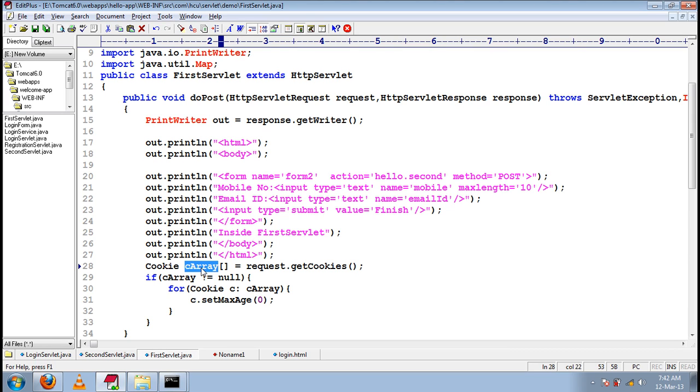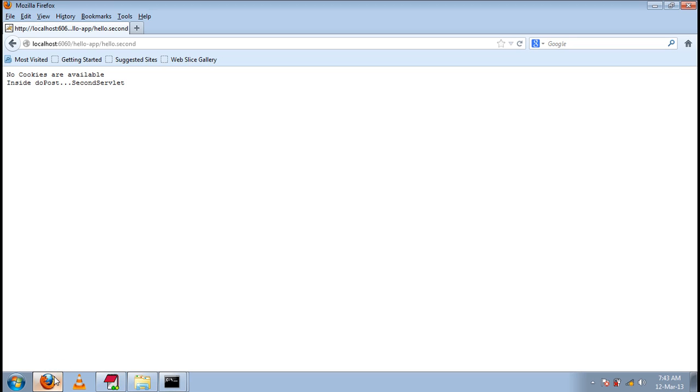And again, from the browser to server, if you make any subsequent request, that cookie information will be available for all the requests of the web application. Understood? This is how cookie management is done. But even though cookie is a very simple way of session management, there are some problems with cookies.